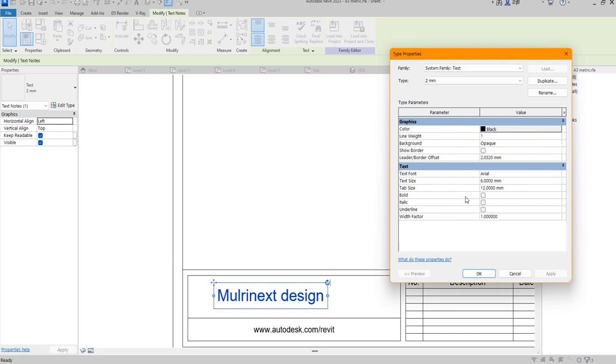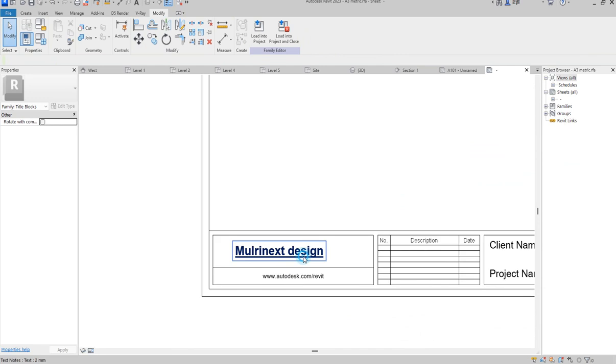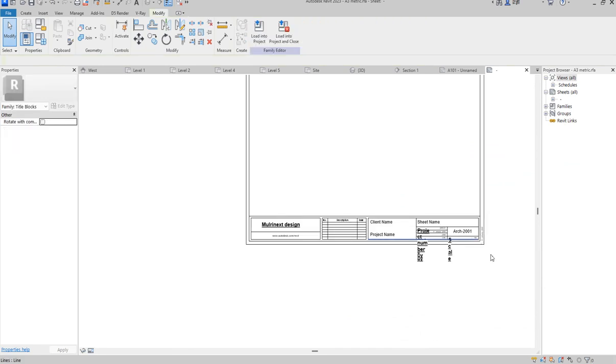So you can just bold whatever you want to do. Let me just say underline. If you want to change that, change it. If you want to make it bold, you make it bold. So it's like that. So that is Multi-Nest for you. And when you click here,